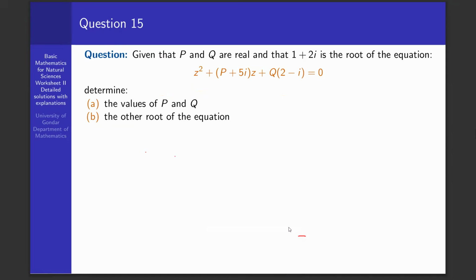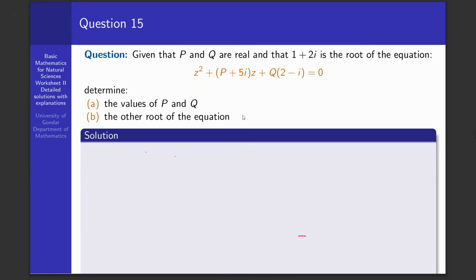Okay, question number 15. Given that p and q are real and that 1 plus 2i is a root of the equation z squared plus (p plus 5i)z plus q(2 minus i) is equal to 0, determine the values of p and q and the other root of the equation. So we are asked just to find the two equations here. So the solution would be,